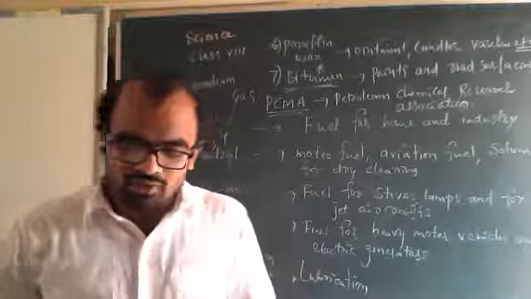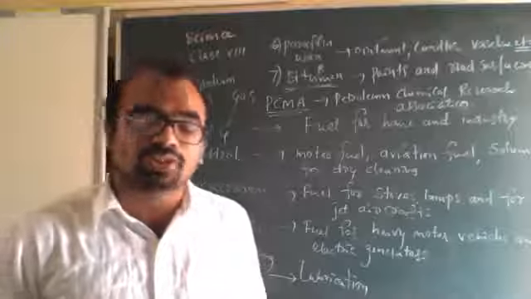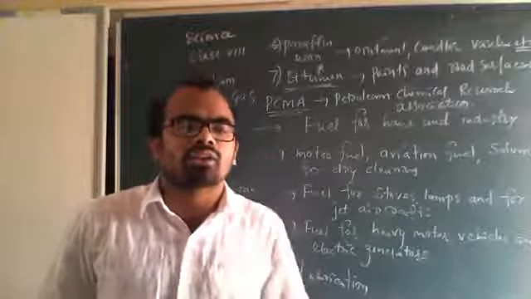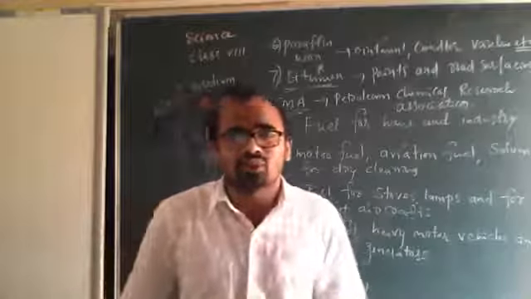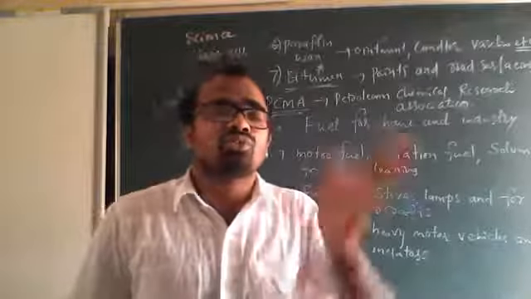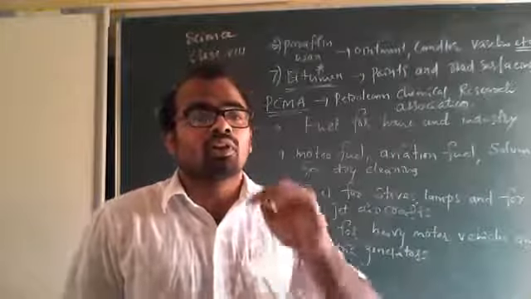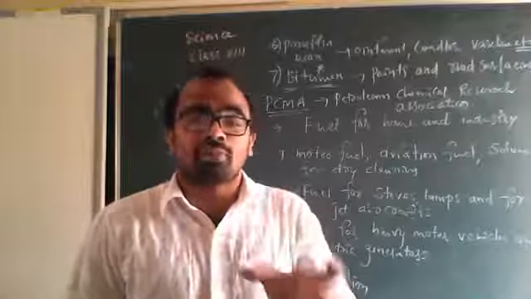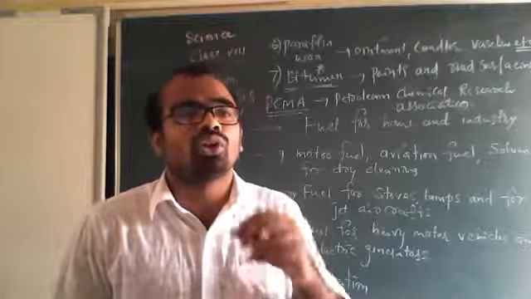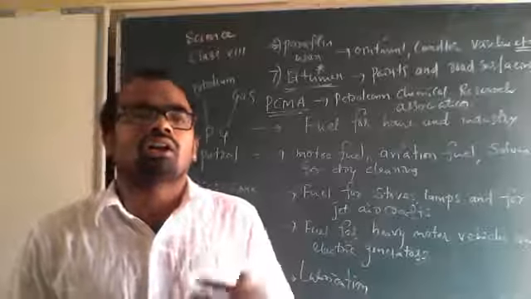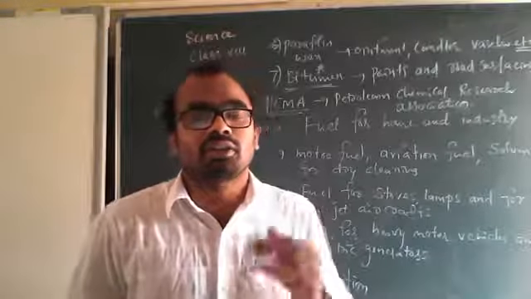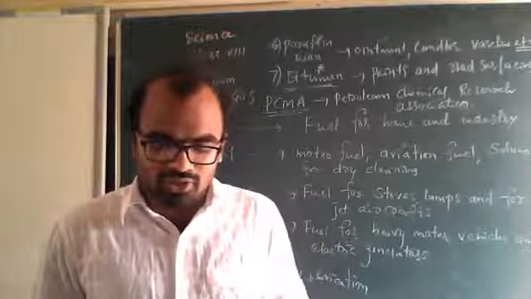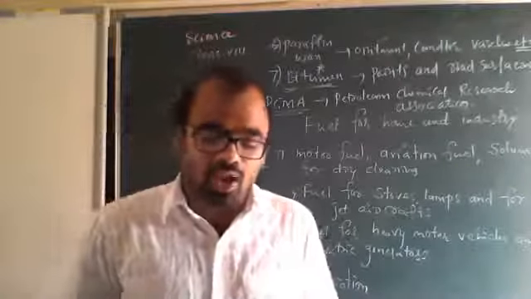What are these? First, drive at a constant and moderate speed as far as possible. While driving the bike or the car, you have to drive like this. No, I think you cannot drive, you don't have a license, you must be 18 years. Those who are driving, I am telling, they have to drive at a moderate and constant speed so that petrol is saved. Then switch off the engine at traffic lights or at a place where you have to wait.